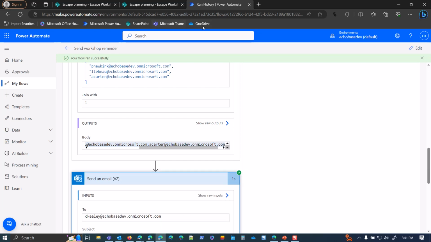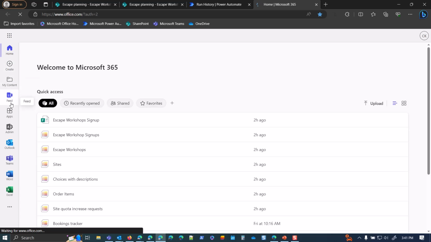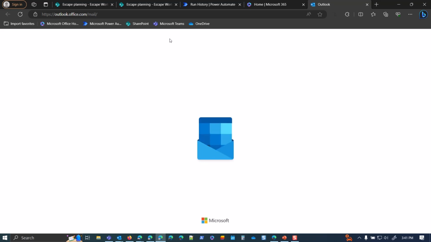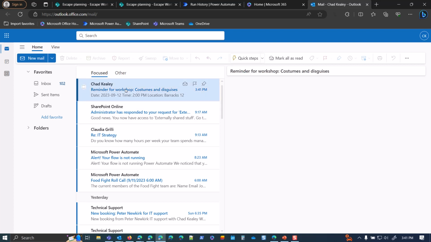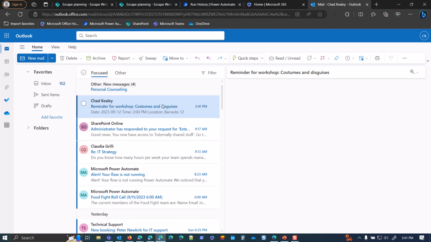And if I look in my developer tenant here, if I look at my Outlook email, I will see that the message sent because I have it sent to me and then BCC the other folks. And again, BCCing, if you're going to send to multiple people, is probably a good way to go. That way you're not inadvertently divulging other people's email addresses. So if I look in here,